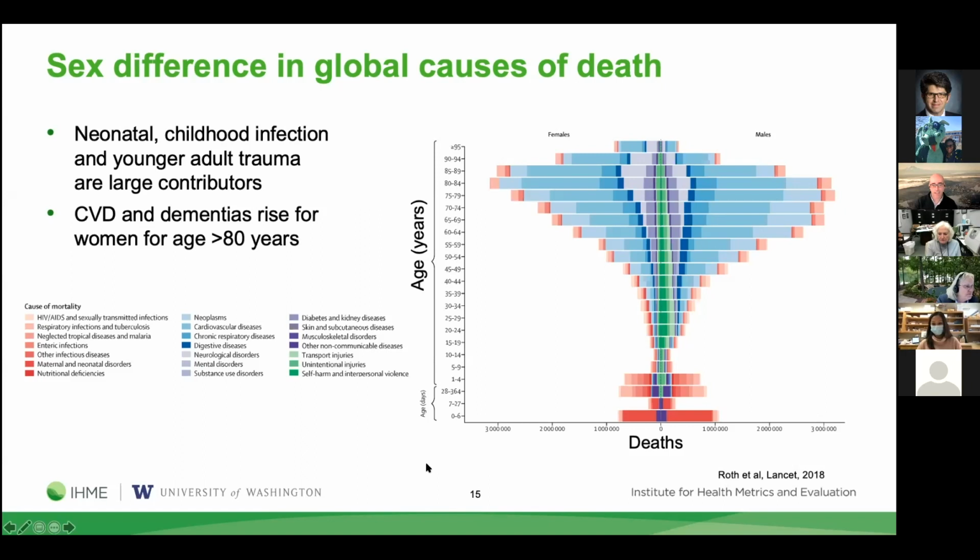On the y-axis, you can see age starting from neonatal 0 to 6 days at the very bottom, all the way up to greater than 95 years at the top. And on the x-axis, you can see just the numbers of deaths. So these are just counts for females on the left and males on the right. You can see the large number of neonatal childhood infection and then actually adult trauma, predominantly male in green here,